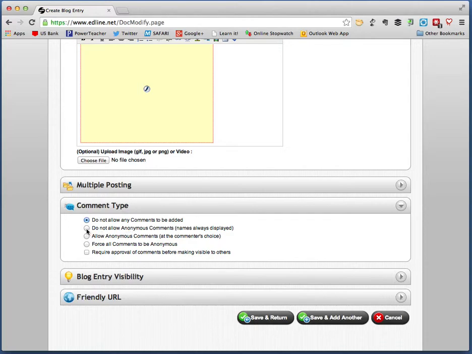If so, you have a few options for choosing comments to be allowed. I would just make sure the one option that you do check if you have comments to be allowed is to make sure that you click the last square, which says require approval of comments before making visible to others. That way you're the person that moderates all of those comments before they show up. So I'm going to go ahead and click do not allow any comments. That way people can come and look, but they can't leave their feelings or their ideas about that video